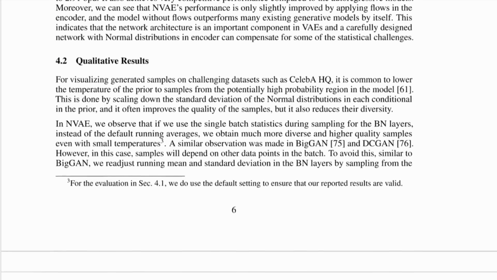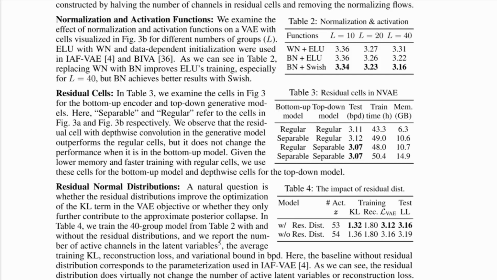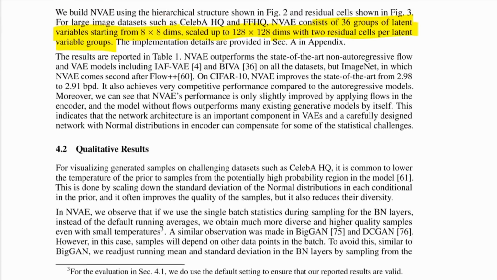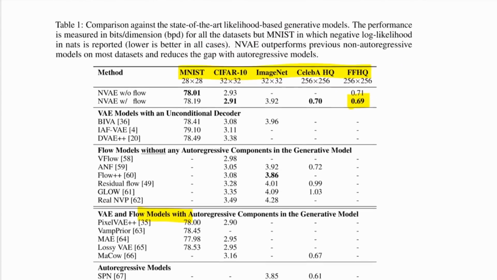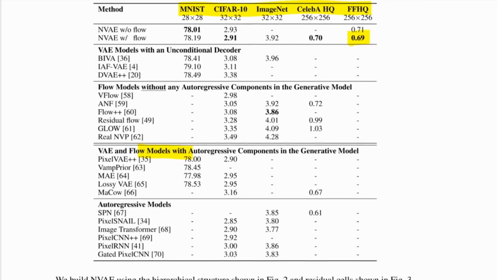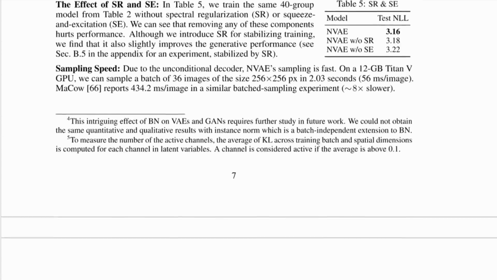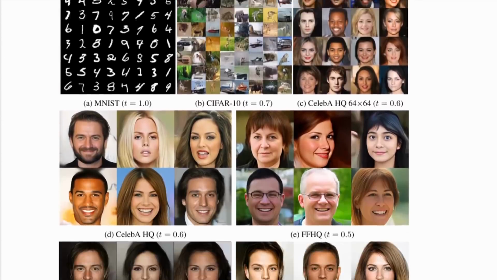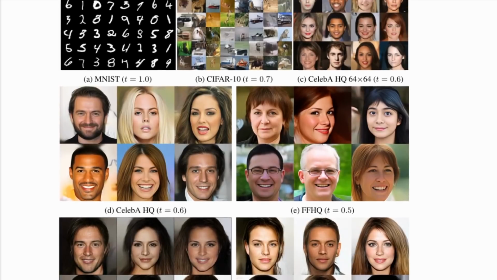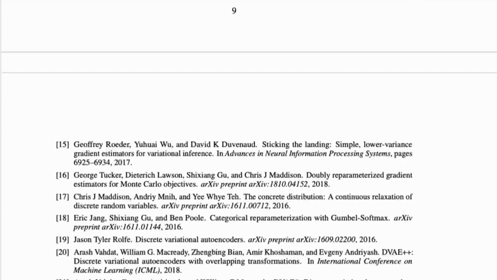Cool, so that's the main result. Then they have ablations, where, as I said, all of these things contribute a little bit to building this bigger and bigger and deeper variational autoencoder. So it's hard to say what exactly makes this work, because all of it makes it work. And I guess they just kept going until they beat state of the art, or until they ran out of tricks. Again, these are the samples that we looked at, and I do want to spend some time